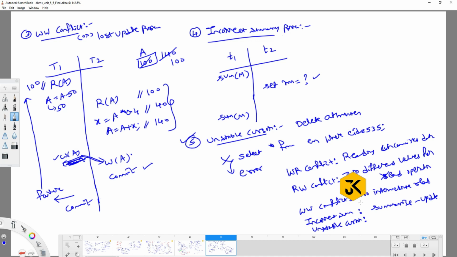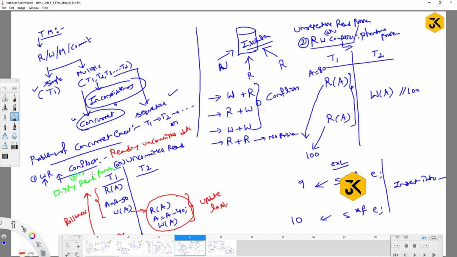If you delete some attributes at the database level, you are going to get an unstable cursor. So deleting attributes from the database, we may get the chance of having an unstable cursor, right? These are some of the problems that might occur when you go with concurrent execution,